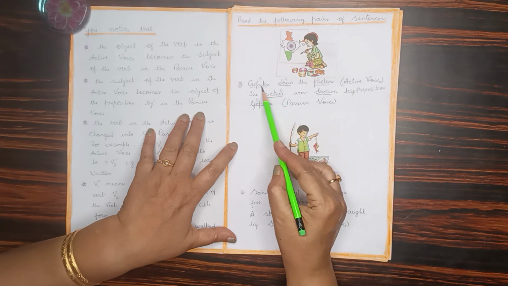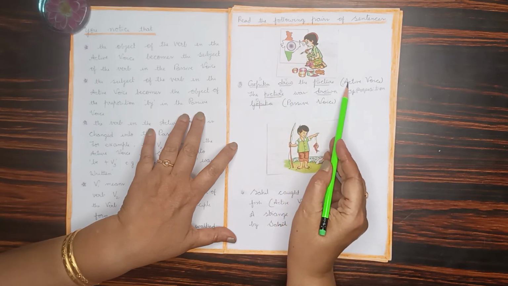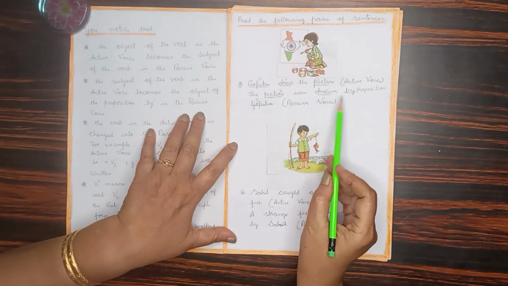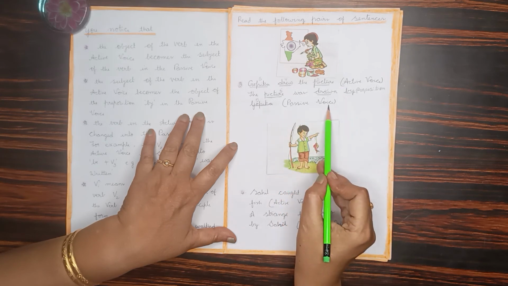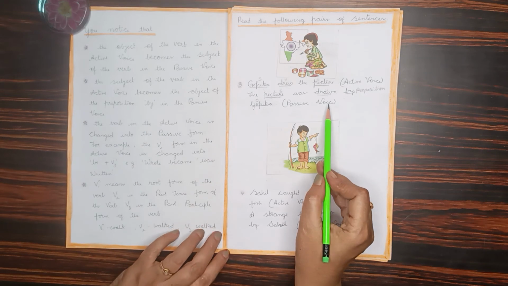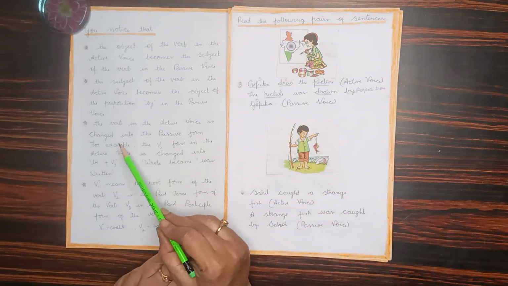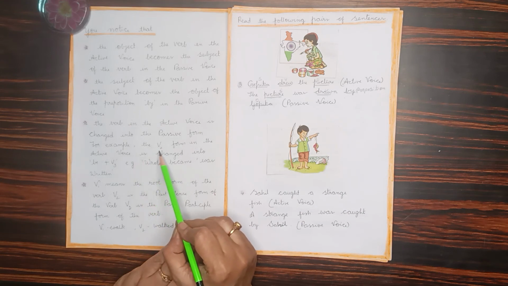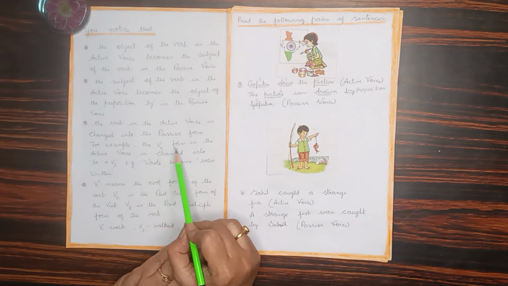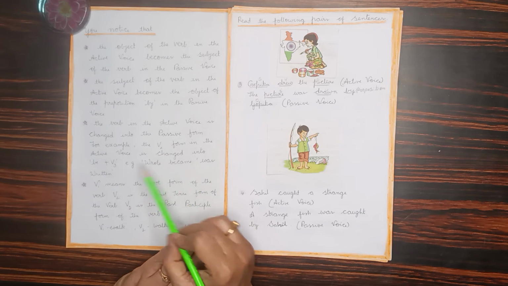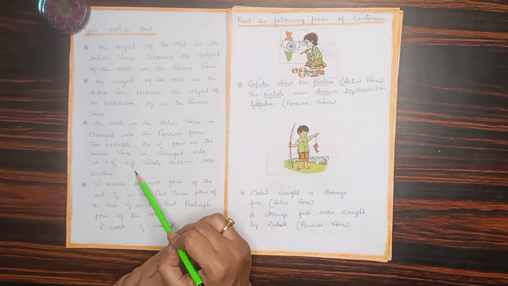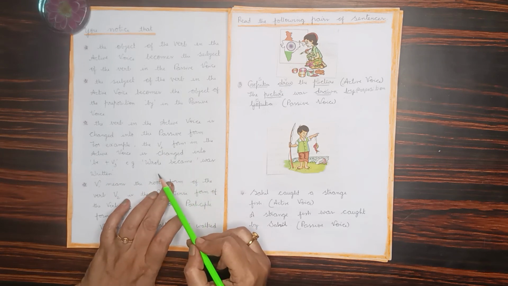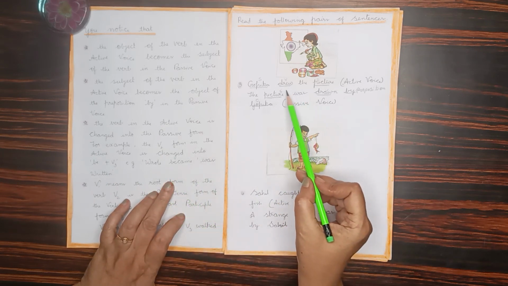So, the subject of the verb in the active voice becomes the object of the preposition by in the passive voice. Hope you all understood well. The verb in active voice is changed into the passive form. For example, verb that is V2 form in the active voice is changed into be plus V3. Example, wrote became was written. In this example, drew